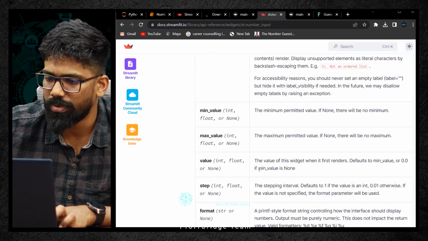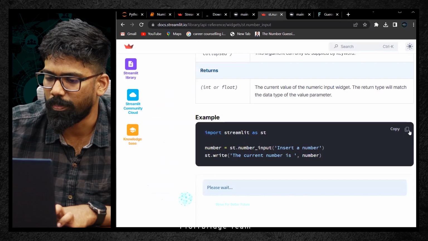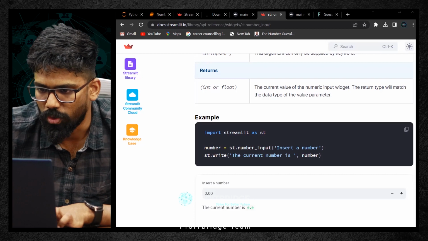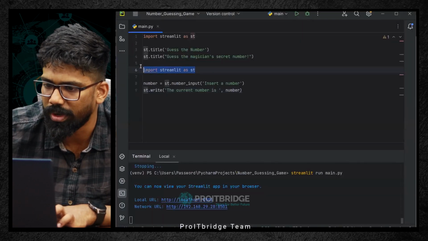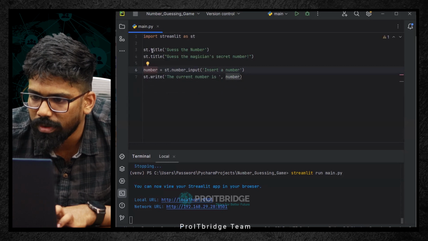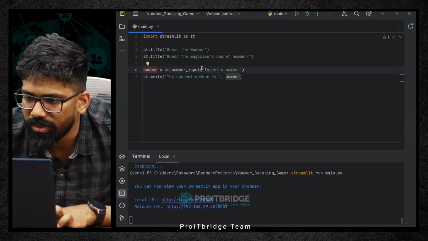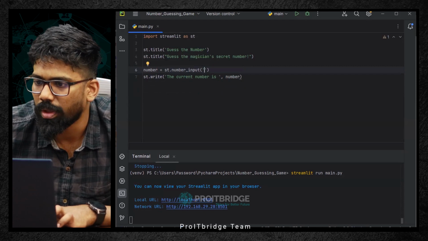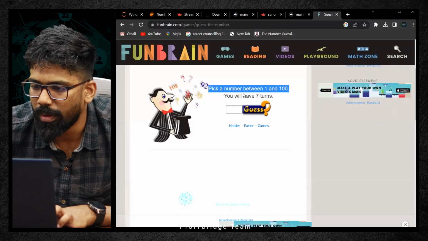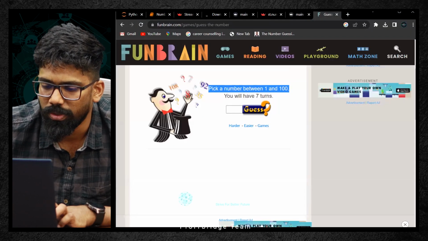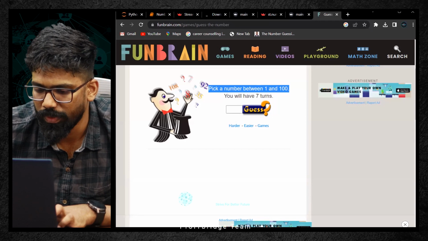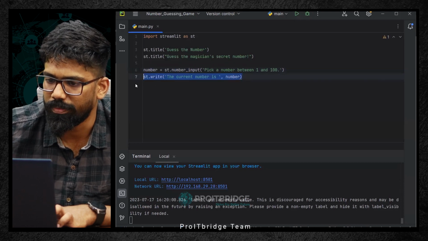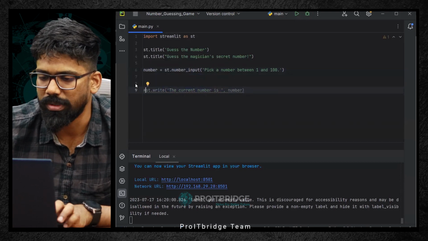So here we are able to see the script, copy. Let me come back to PyCharm, Control V. Okay, import Streamlit is already installed. So here insert a number. This is something I'll just change, not insert a number. So in the deployment window, we had it like pick a number between 1 to 100, right? Control C. So here I'm just going to go back, pick a number between 1 to 100. Alright, this one I don't need, let me hide it. Control S, I'm saving it.